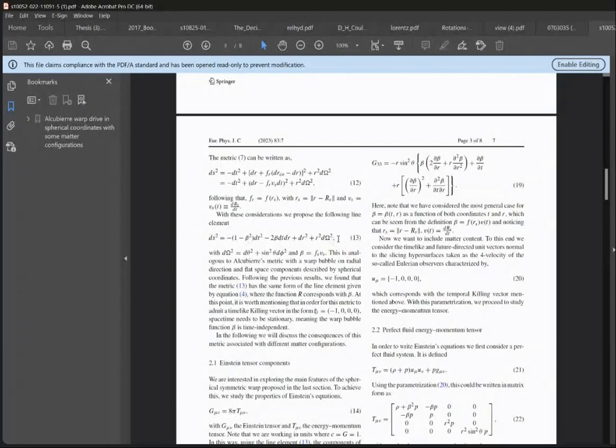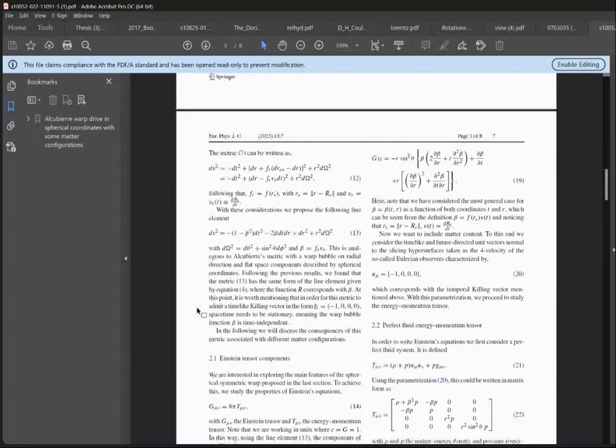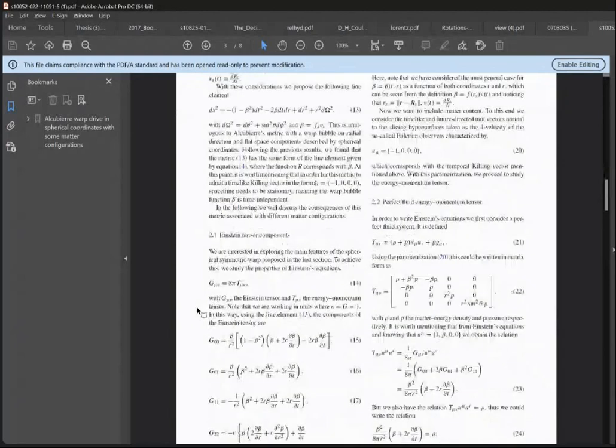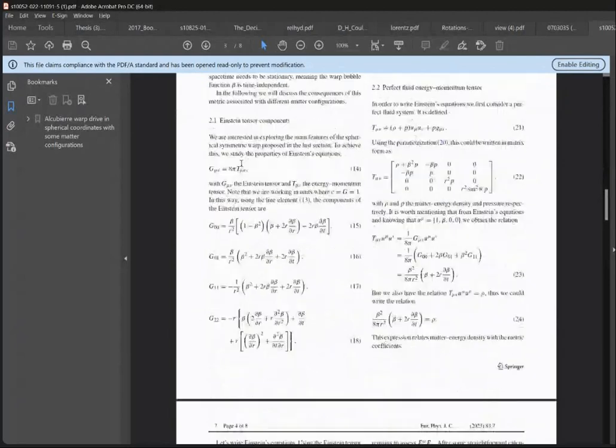And with this metric, we start asking questions. The first thing that you have to do, once you say this beta is a general function, is plug this into Einstein's field equations and see what happens. So what we obtain is this one. This is the definition of Einstein's equations, where we're using units where c, the speed of light, and the Newton constant are equal to 1. And in these units, these are the components of Einstein's equations that we found.